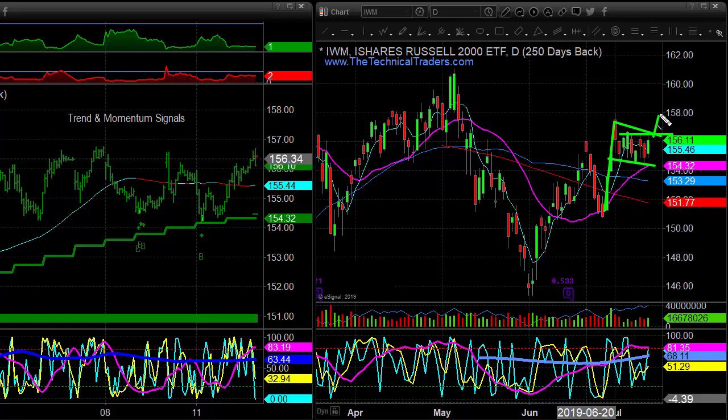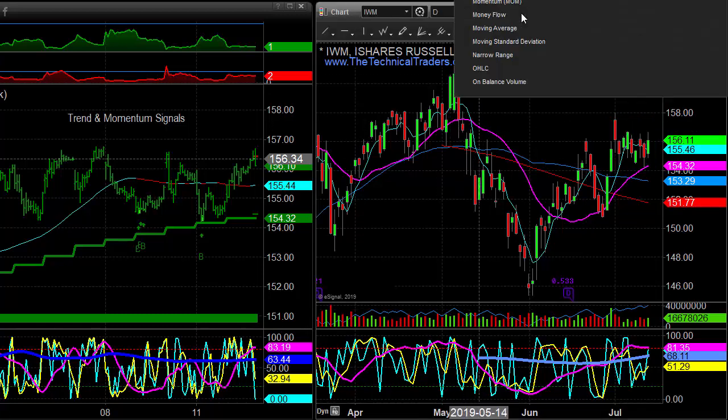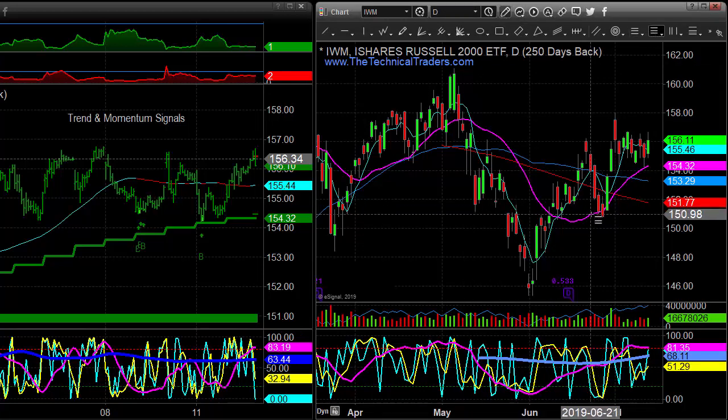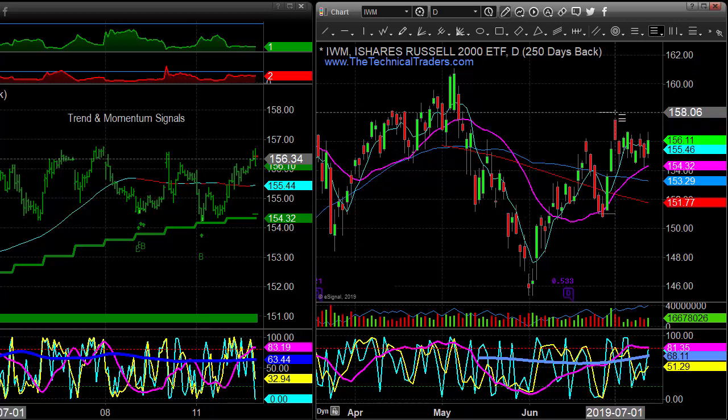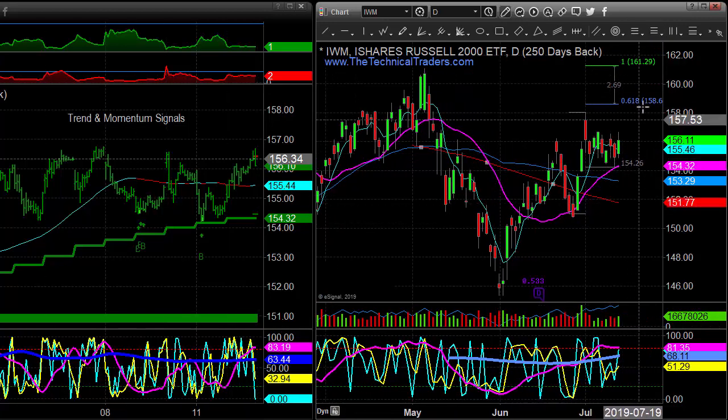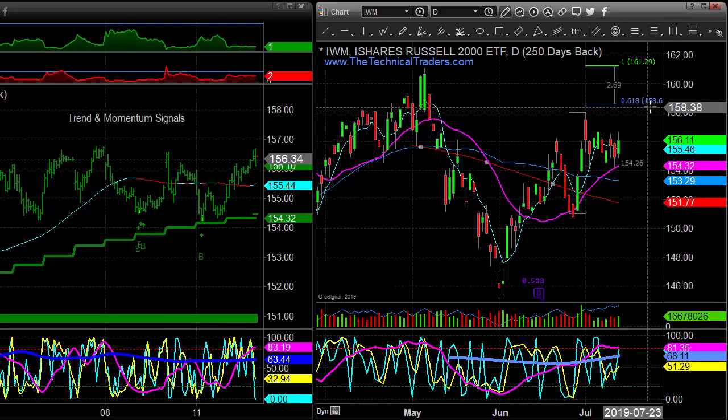So we might start to see it break out and push up, test this recent high over here around the 158, maybe go a bit higher. It does have a Fibonacci measured move. Let's just see where that is. It's probably up around the 1.6 mark. Here is the rally and the pullback. And so the upside potential target is pointing to 158.60, and then the next 100% measured move would poke to a nominal new high,